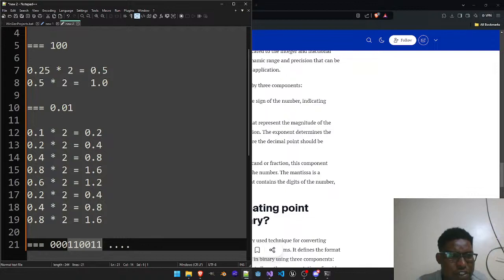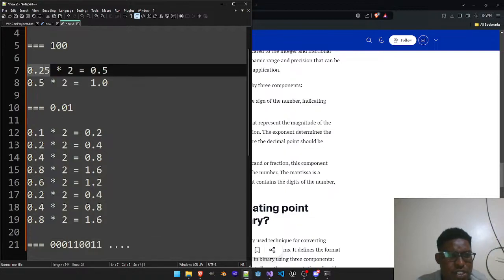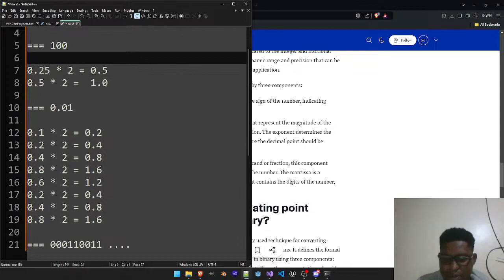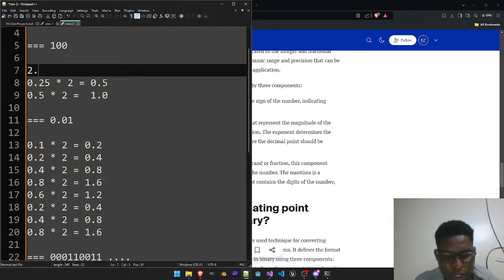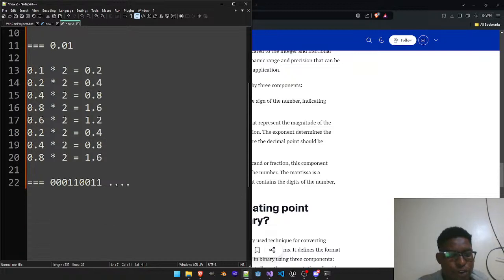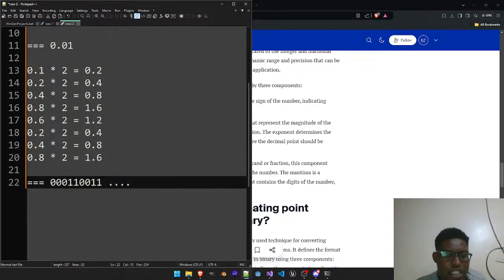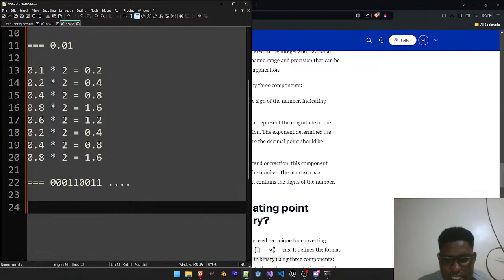For example, with 0.25, usually we'd write it like 2.5 times 10 to the power of negative 1. That is the decimal representation. For binary representation, if I take this and try to do an exponent for it, we'll get